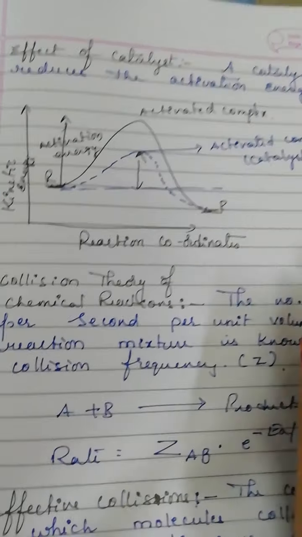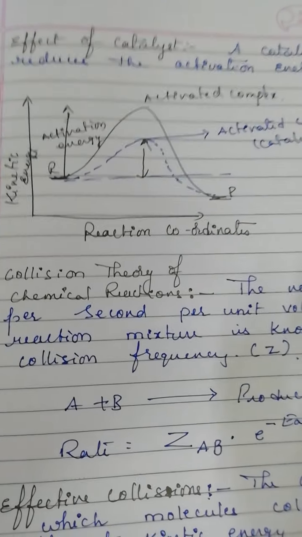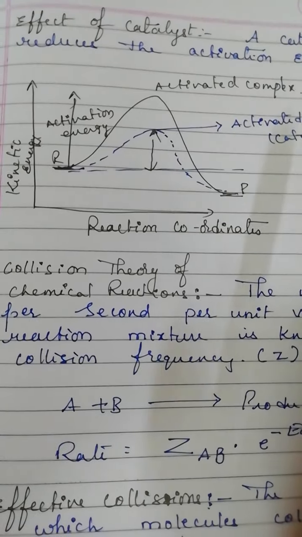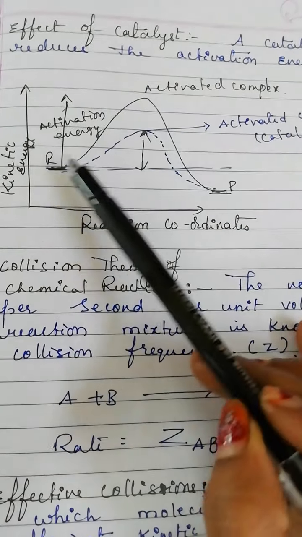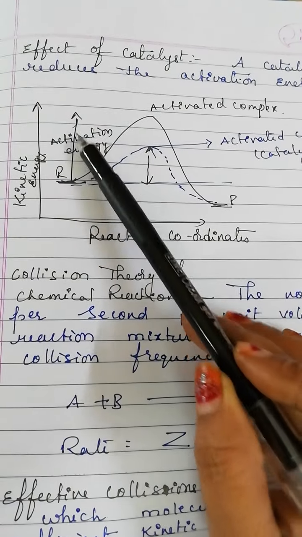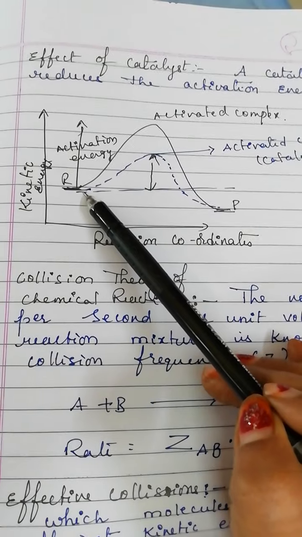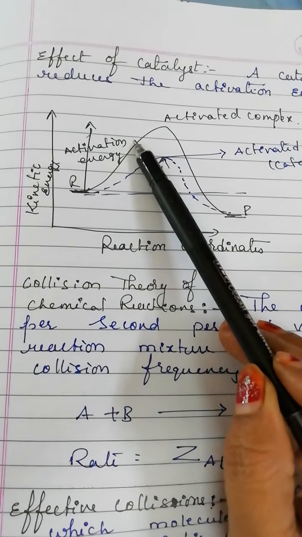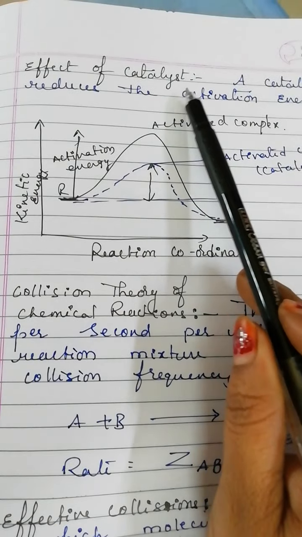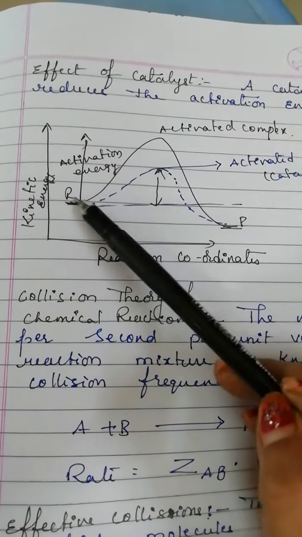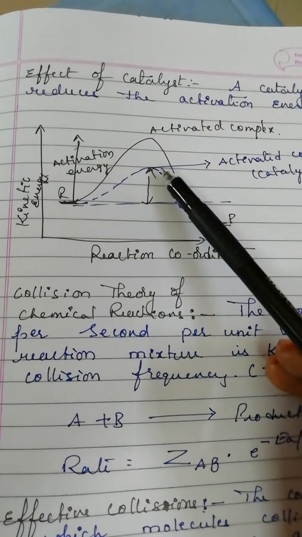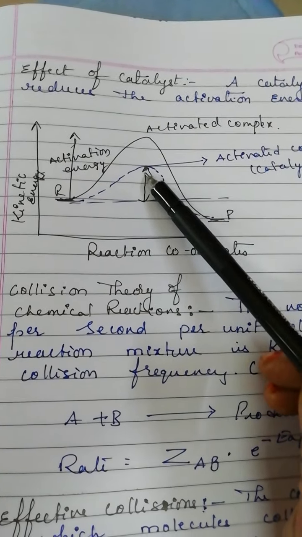Now, students, we will be learning the effect of catalyst on rate of reaction. Now, we know that when the reactants convert to the activated complex, the energy required for completion of this is called activation energy. So, the catalyst has a role which reduces the activation energy to reach the intermediate complex so that the